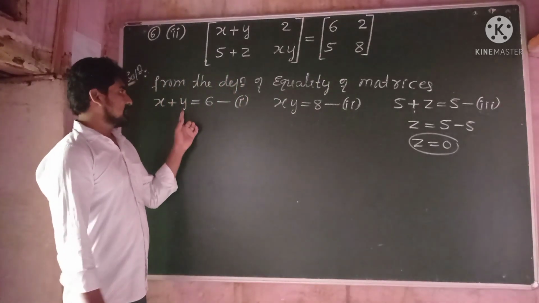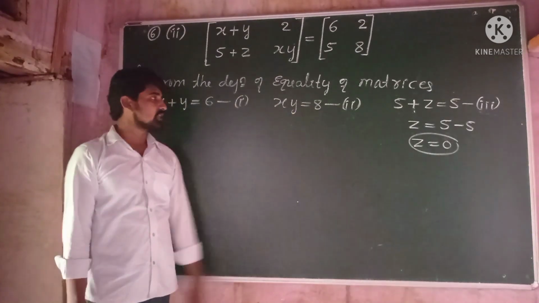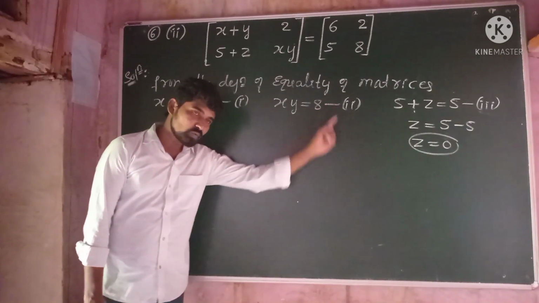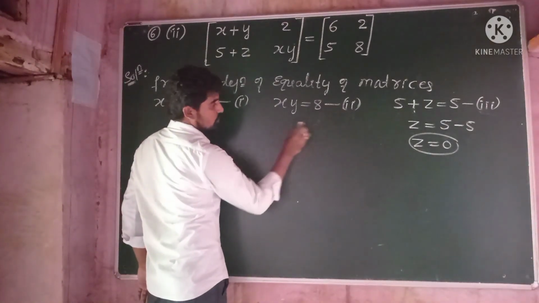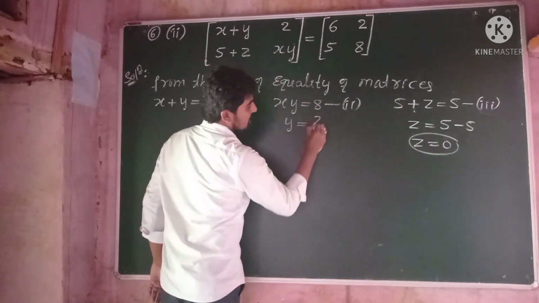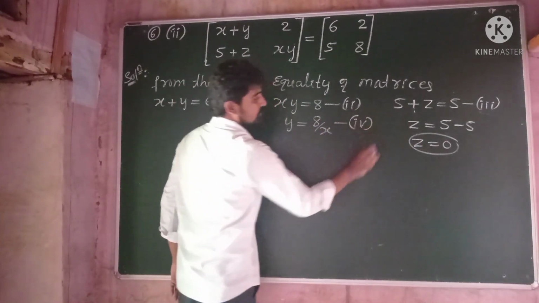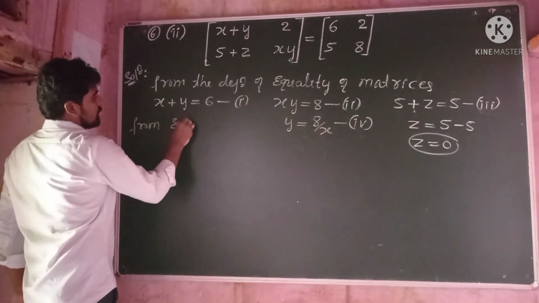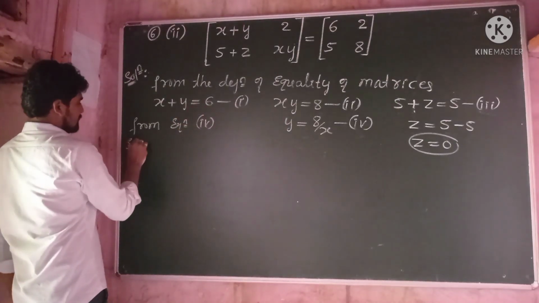To find the values of x and y, we need to solve equation number 1 and equation number 2. For that, substitute the value of y from equation number 2 in equation number 1. So from equation number 2, the value of y is equal to, shift this x towards the right hand side, it becomes 8 by x. Call it equation number 4. Therefore, from equation 4, equation 1 implies,